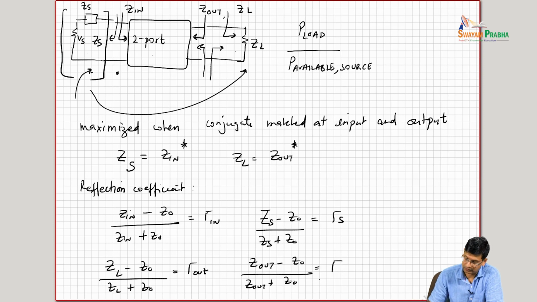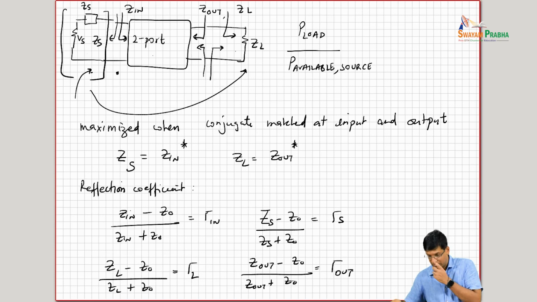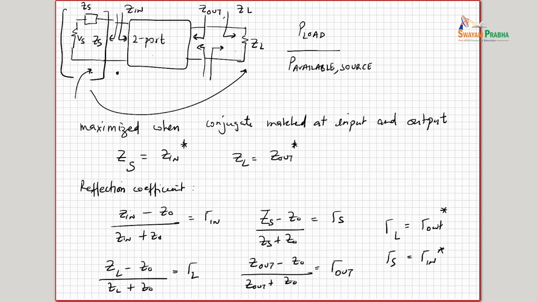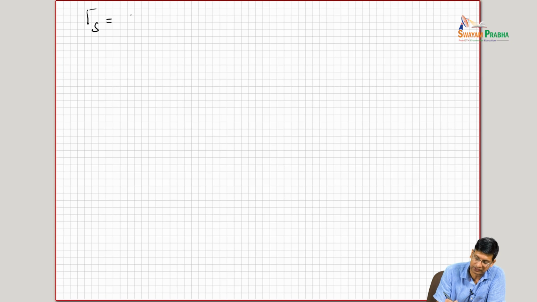Oh, sorry, so that was gamma L. And this is gamma out, right? So then I basically write my conditions as gamma L is gamma out star, and gamma S is gamma in star. This is what I need to do to match the load, right? But to rewrite that equation here on this page, just so that we have it available,